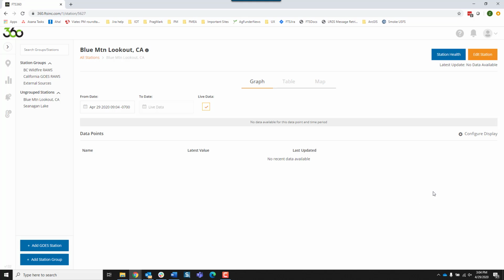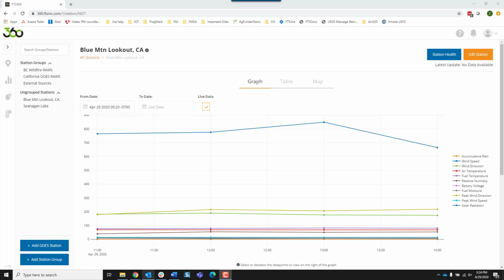Now we end up at the front page where it doesn't show that any data has been received recently. You'll now have to wait until that first transmission is sent, and once it does, FTS 360 will continue to receive the data every time the station transmits hereafter. The wait is worth it because, as you can see here, the data has now come in properly, and not only do you get that one data point, you actually get 3 previous data points all filled in to the graph in one go.